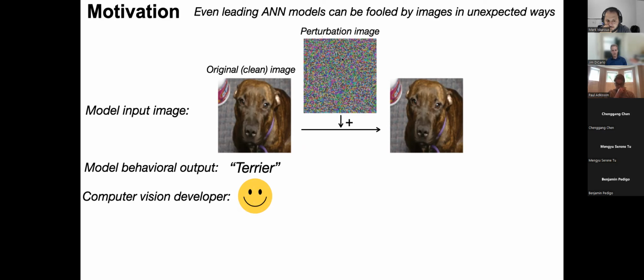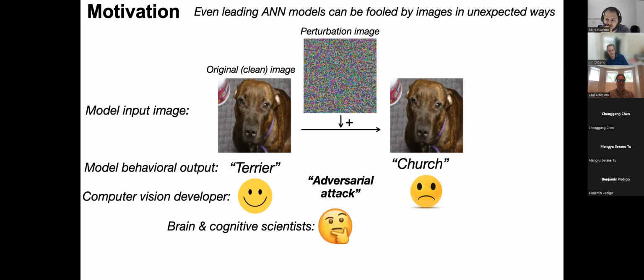Now, this is called adversarial attack because the perturbation image is constructed to be an adversary against the model to try to flip the model's category output. So that here the model correctly says terrier, the computer vision developer is happy. Now the output of the model says church, and then the computer vision developer is unhappy, okay? And this is bad. Why is this bad? The reason this is usually thought to be bad, and again, it's called adversarial attack, is that brain and cognitive scientists and computer vision developers, sort of armchair brain and cognitive scientists, look at this and say, well,